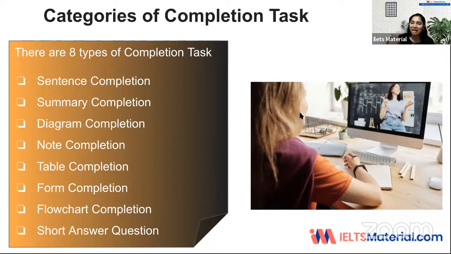Complete the statement. Exactly. So how do you find that this is note completion, or it is summary completion, or it is sentence completion? You actually have the instruction saying that complete the notes below. Then that means this is note completion. And if they say complete the flowchart below, it is flowchart completion. When they say complete the diagram below, it is diagram completion. So in this way, the categorization is listed, and these are the basic things that you should keep in your mind. That is the word limit, the instructions.